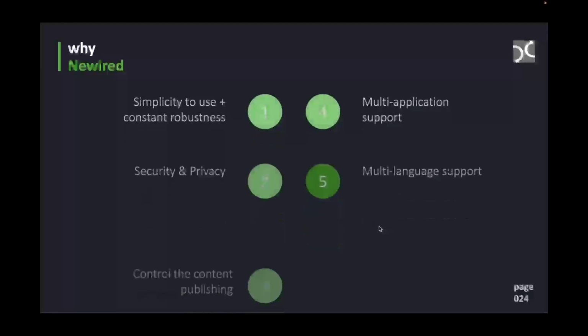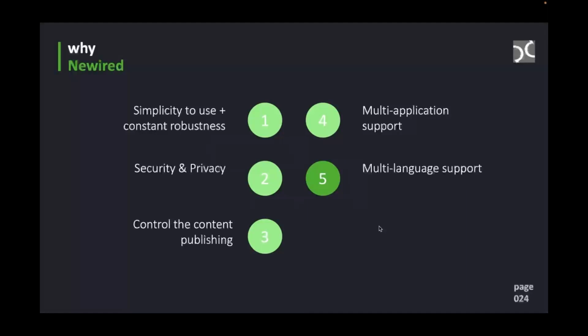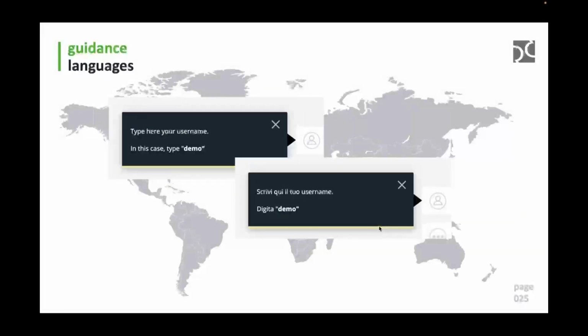If we speak about the multi-application support, there is also multi-language support. You know that Polarion is a single language system, so everything, you can translate it to a Chinese or Japanese environment, but in this case, all the users receive the same language variant. With Newired, you can actually deploy these guides and tutorials and have them translated easily into multiple